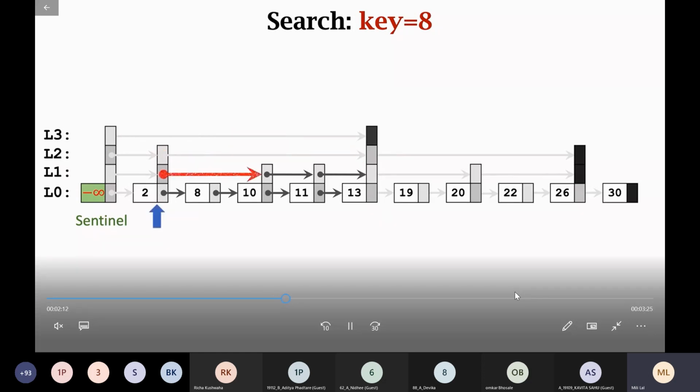Now node 2 is connected to node 10. 10 is greater than 8, so you go one level below, to level 0. So now node 2 is connected to node 8, and of course we have found the node.